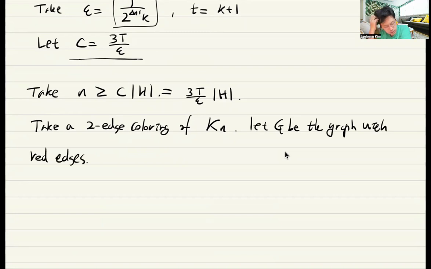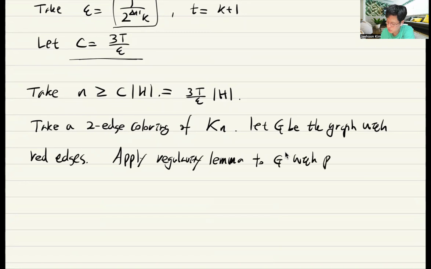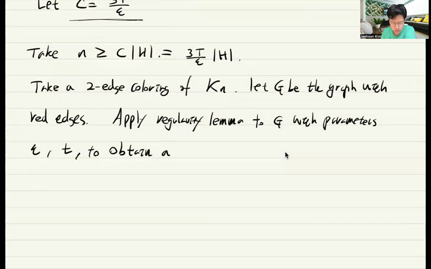So you take a red-blue coloring, and we apply the regularity lemma to G with parameters epsilon and t. Then we obtain a regularity partition, an epsilon-regular partition,